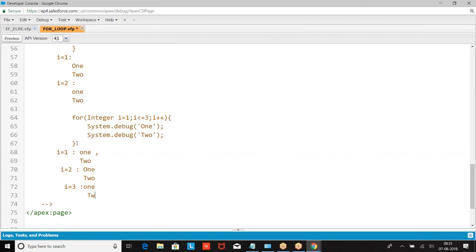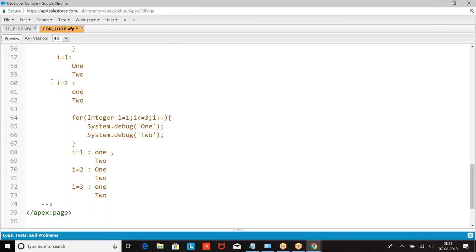So what was this? It will repeat the operation based on the condition you have given. In this case, how many times is it running? It is running 3 times. First it runs the entire operation, everything that is there in the scope. Then it goes to the top again and checks the condition. Condition is true, run the scope. Again go to the top, check the condition, condition true, run the scope, and so on.